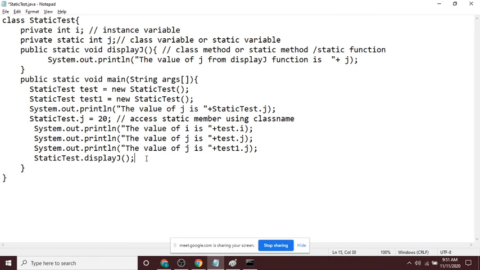See, I am writing comments for you to understand. Access static function using class name. Understood this program, everybody? Other people, sleeping people, did you understand? Yes, sir. Okay.